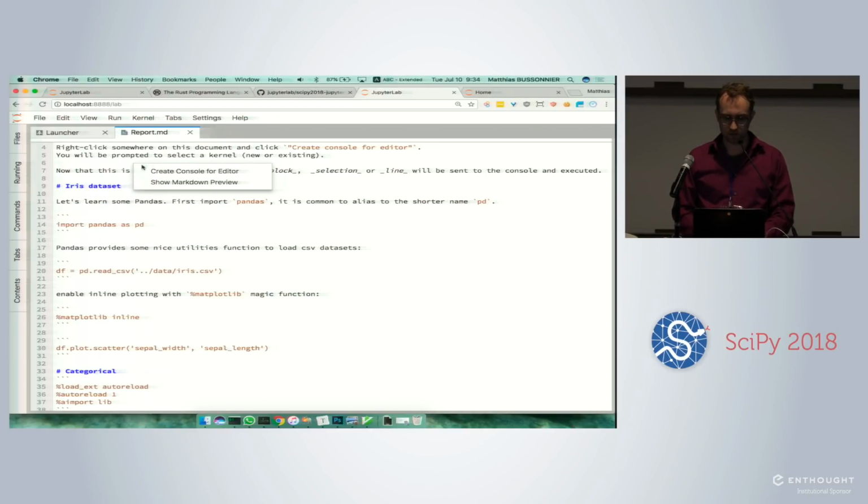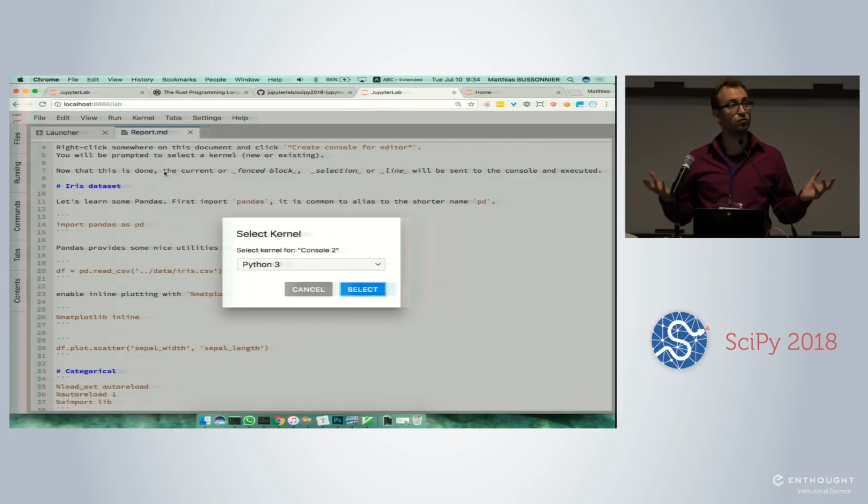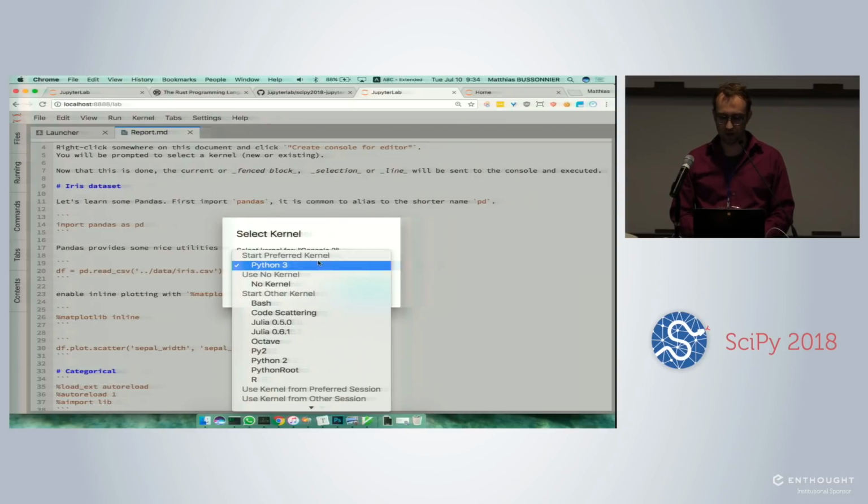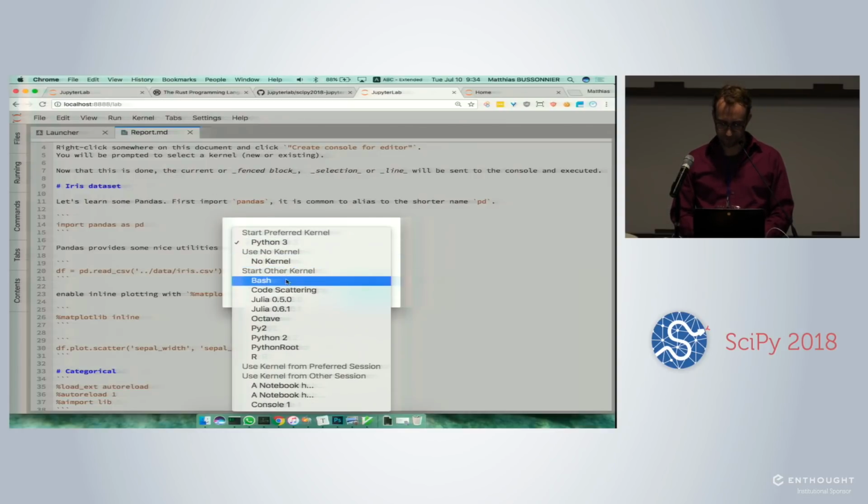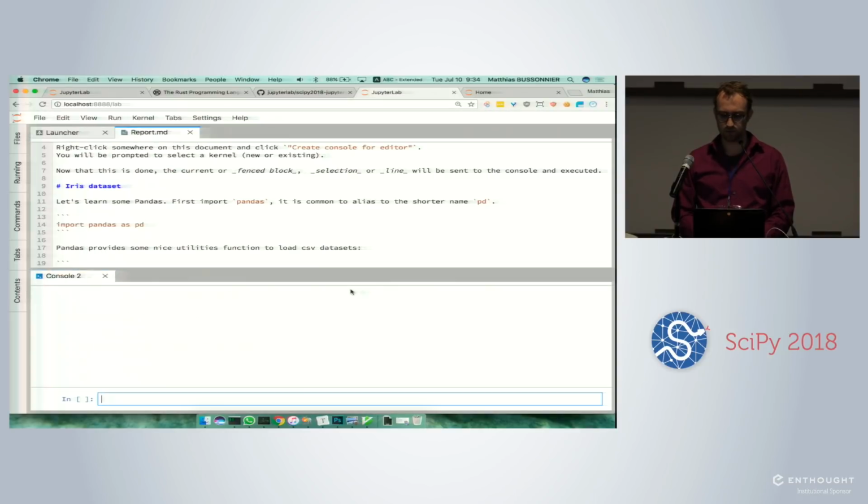actually right-click and create console for editor. And so when you create a console, it will ask you to either create a kernel or attach to an existing kernel. So here you have new kernels, or you can use already running kernels. So let's attach to this one. I don't know which this one is. I probably should